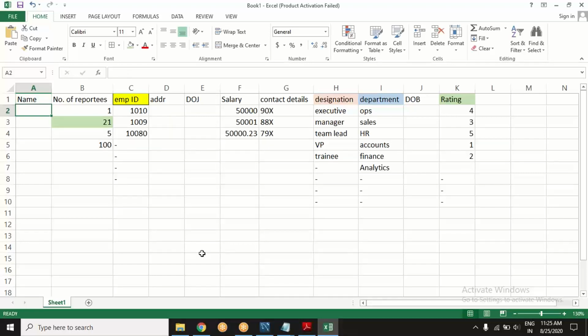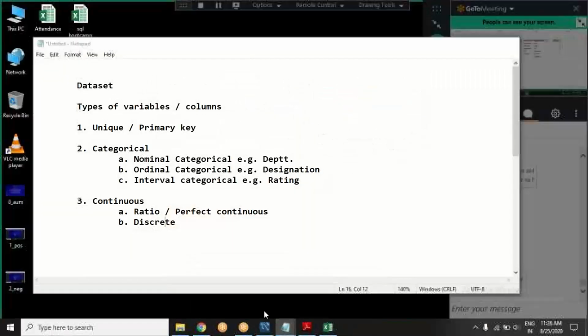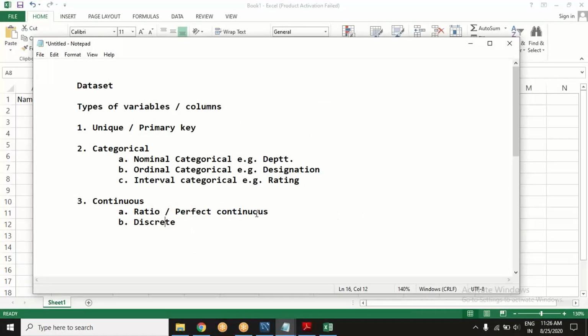Now coming up to data types, which we were discussing just a few minutes ago. How do I mention these variables?